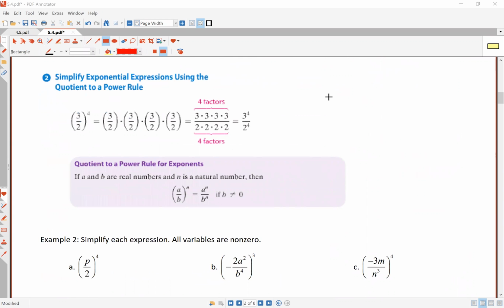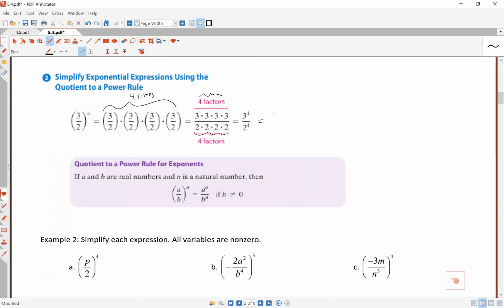When we have an expression like 3/2 raised to the fourth power, we see that fraction gets repeated 4 times. When we multiply fractions, we multiply across the top, which gives us 4 factors of 3 on the top and 4 factors of 2 on the bottom. That leaves you with 3 to the fourth divided by 2 to the fourth,